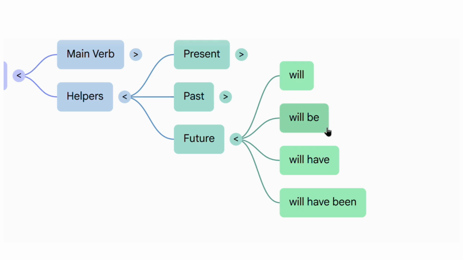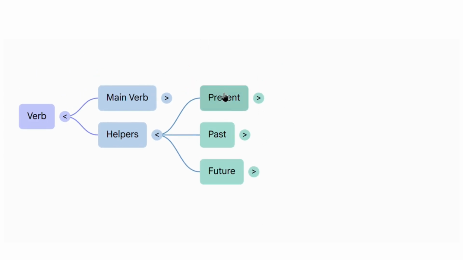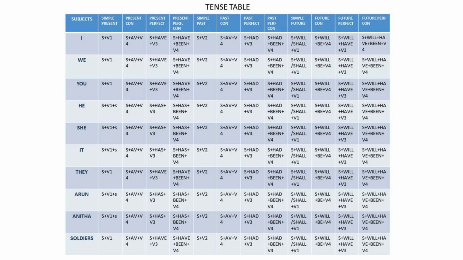Ma'am, you are going fast with your mind map. How can we remember all these things immediately? You don't need to worry about that. I have a proper tabular column for that, and I will add it at the end of this video. Before you come for the next video, please have a glance over the table which I have attached at the end of this video. Once you come here, you will have some idea, so I can easily help you understand the logic behind how sentences are created and spoken easily in English.